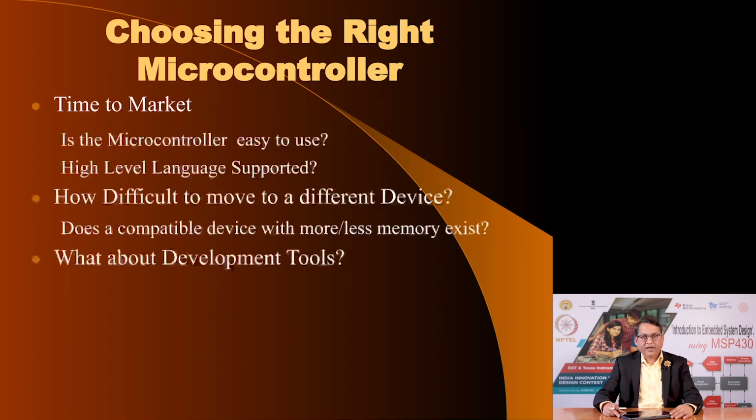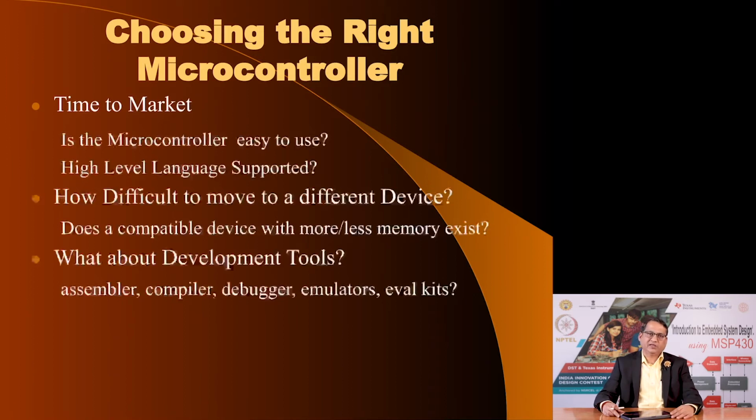Now, to develop an application using a microcontroller, it requires several development tools. Again, we will see a list of such tools subsequently, but here is a quick list. To be able to program a microcontroller, you need a compiler. The compiler usually comes with an assembler. Once you have compiled your code, you would like to test the validity of that code. You would like to see whether the code works correctly or not without committing it into the microcontroller, and so you would like to have what is called a debugger or simulator, using which you will see the correctness of the logic of your program.